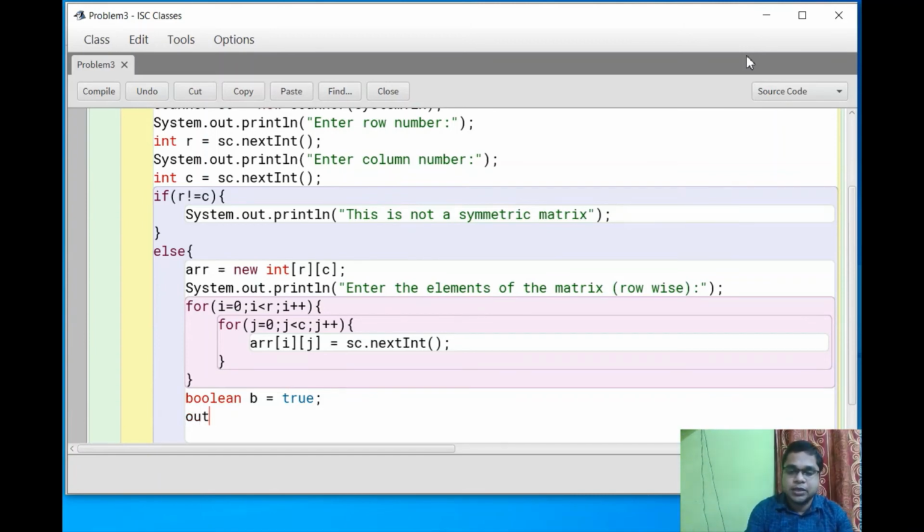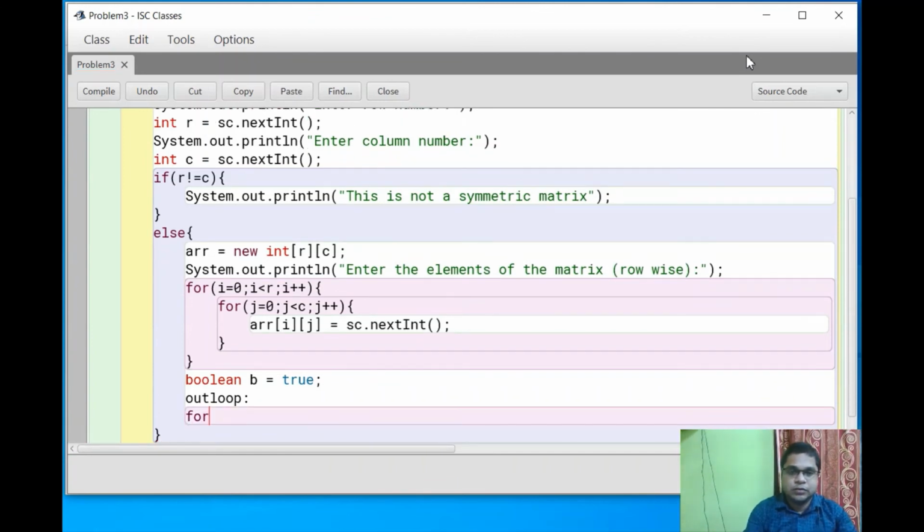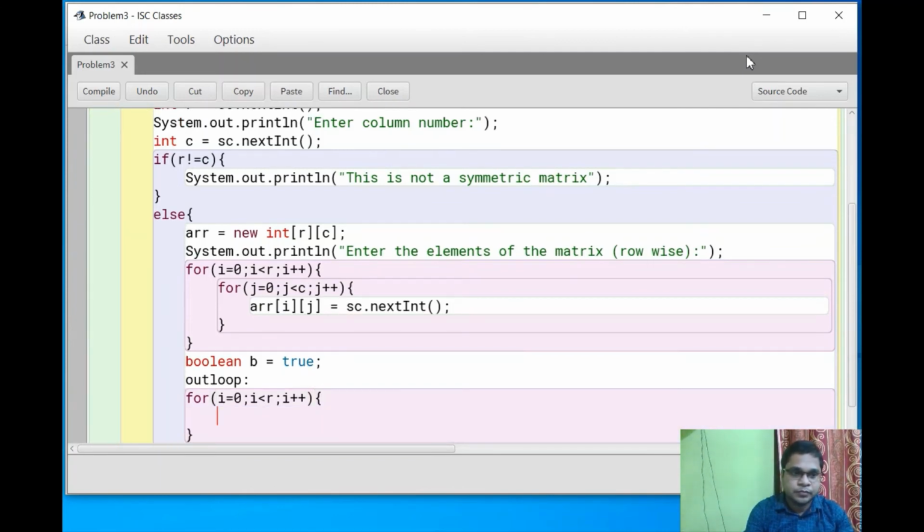Then I am taking a mark here, that is outer loop. For i equals 0, i less than r, then i plus plus. Now again another for, j equals 0, j less than column, then j plus plus.